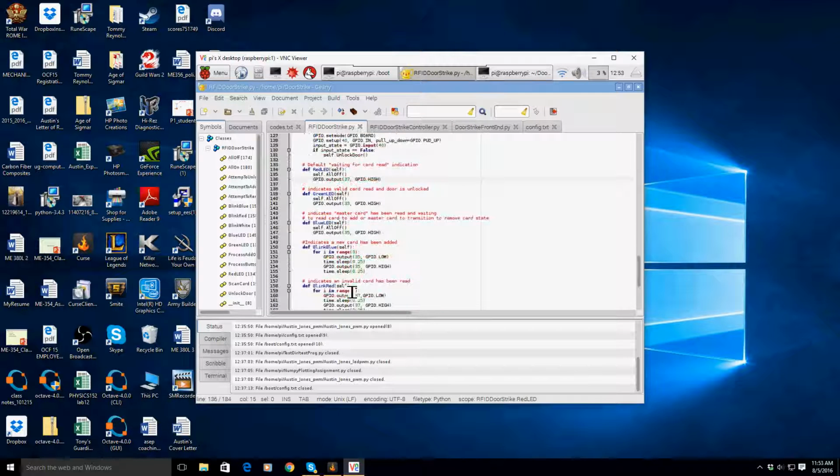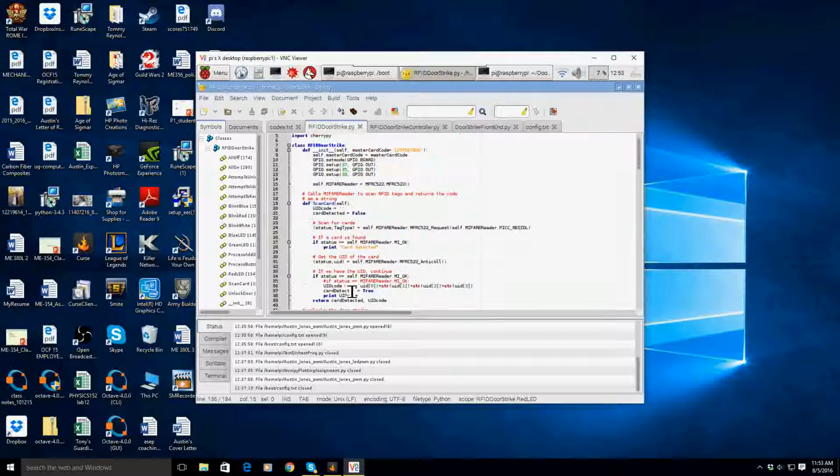So this is the script I created that has the functions to be called in my other script. So this class again can be imported